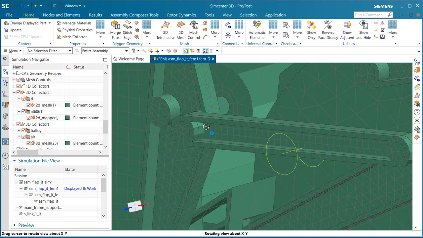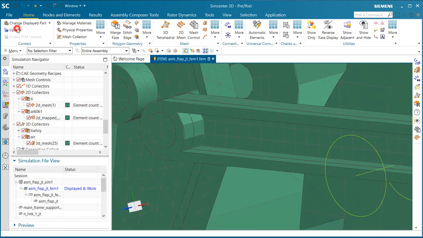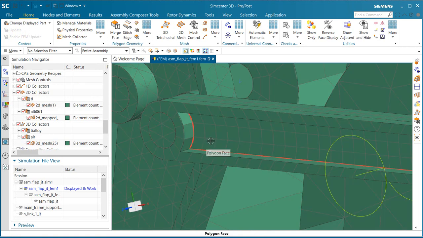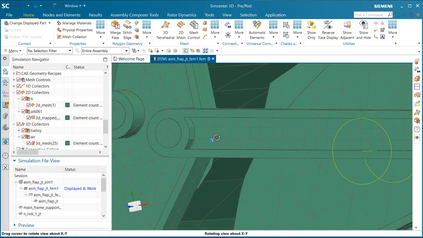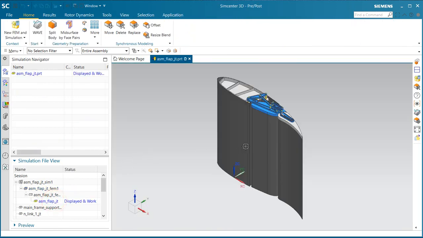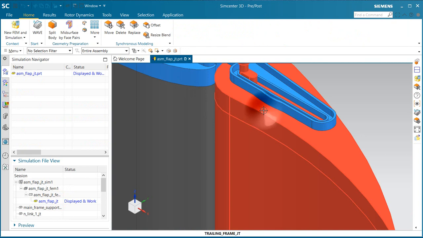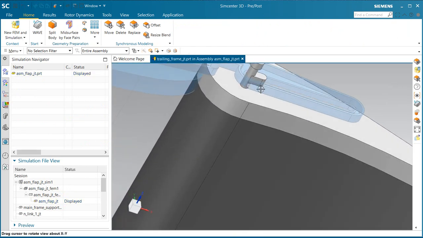So here you can see the CAD has been updated. That pocket is much shallower now, but the finite element model doesn't reflect it until we hit the Update FE Model button. And now you can see our brick mesh has updated. It's maintained the congruent mesh and the mating conditions that we'd created,